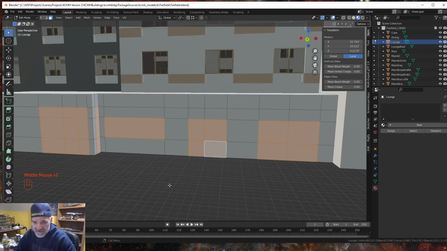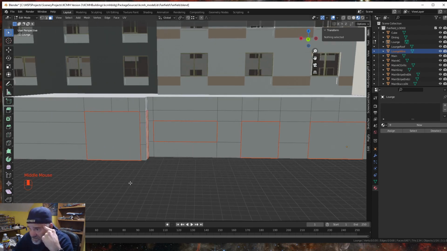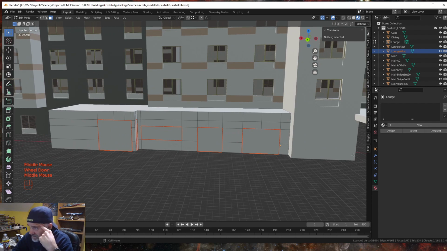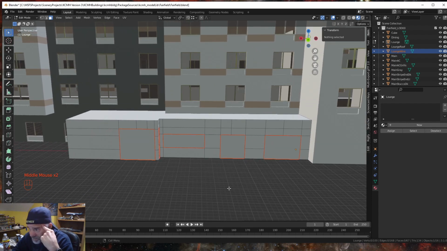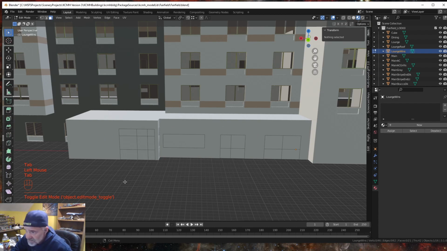So we can hit P, new selection, and we'll call this Winds. Okay, I'm going to try to finish up in the next 5 minutes. All right, with these, and then we'll move on with our life. All right, so we isolated our windows, but we need to make some adjustments. So let's select our windows, go into tab,